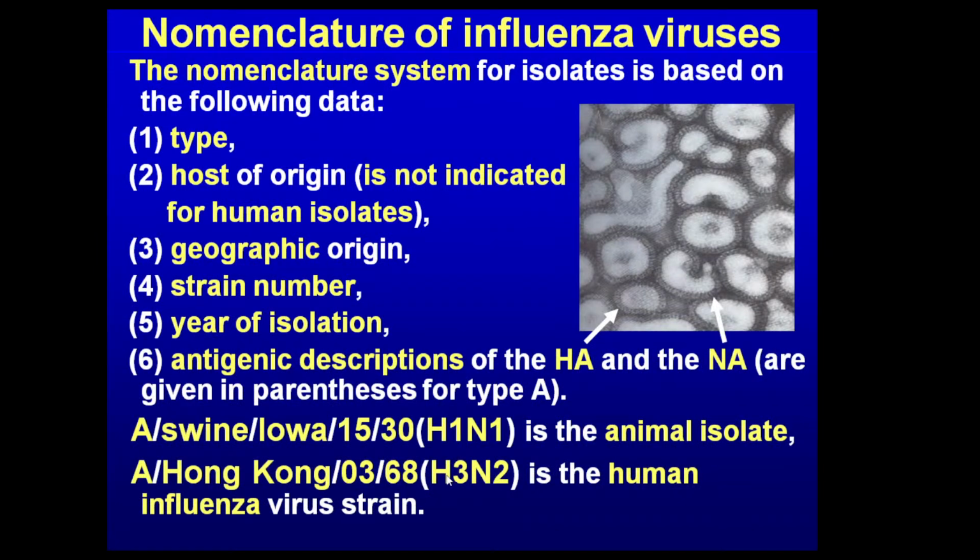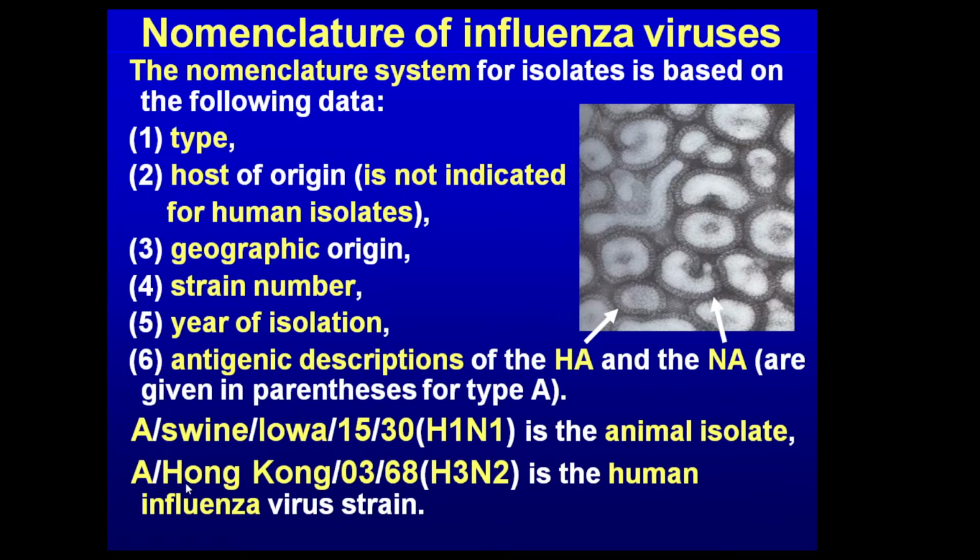So how do we name the viruses? It is based on the type A, B, C and from what host they had been isolated. But if the human is the host, we don't write it in the name. If an animal was the host, then we have to mention that it was swine, for example, or seal or whatever animal it was. Then the geographic origin, where the strain had been isolated. Then, of course, the number, according to which it can be found in the register, and the year of isolation, and